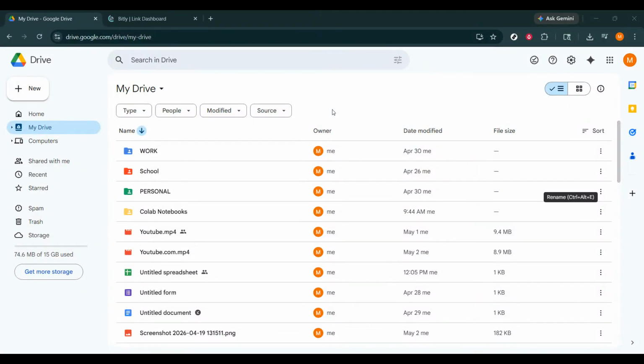If you've ever wanted to make a long Google Drive link look cleaner, easier to share, and much more professional, then this video is for you. Today I'm going to show you how to shrink a Google Drive link in just a few simple steps. This is perfect for sharing in emails, text messages, social media bios, documents, and anywhere you want a shorter, neater